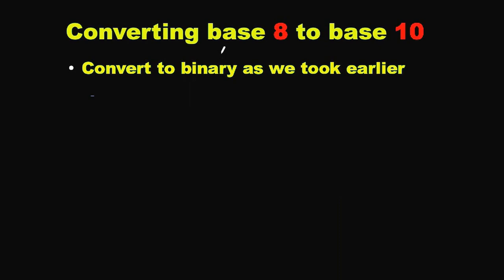Now converting base 8, which is what? Octal to... I don't think I modified the slide. This should be base 16. So what do we do? We convert to binary, and then from binary we convert back to hexadecimal. That's the easiest. For example, if I gave you, let's see, this octal number